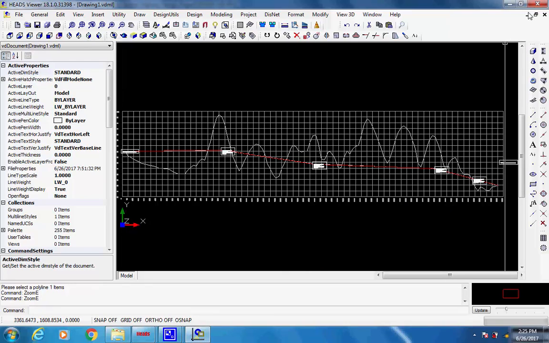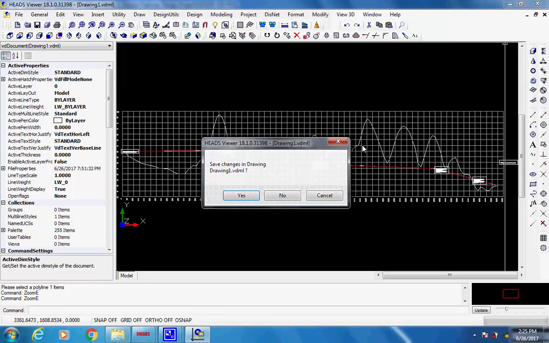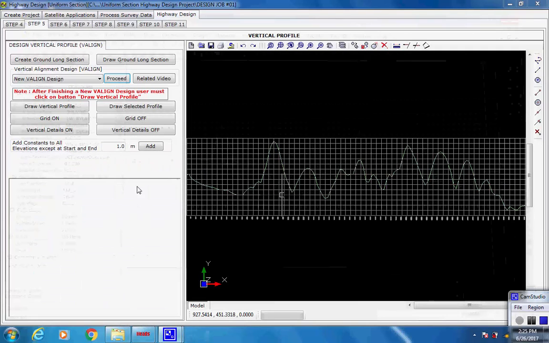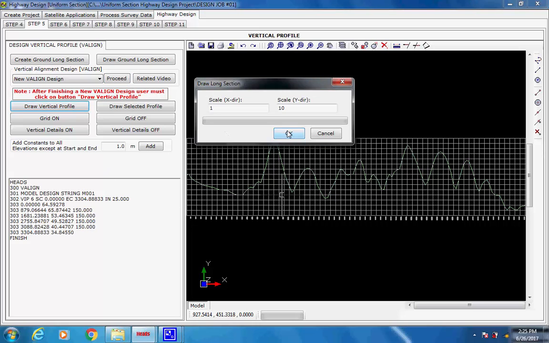Finally, we close the CAD viewer. Next, we are back to the previous workspace. Click on button Draw Vertical Profile. The 300 V-align data is displayed in the data window, and as the dialog box comes with scales, click on